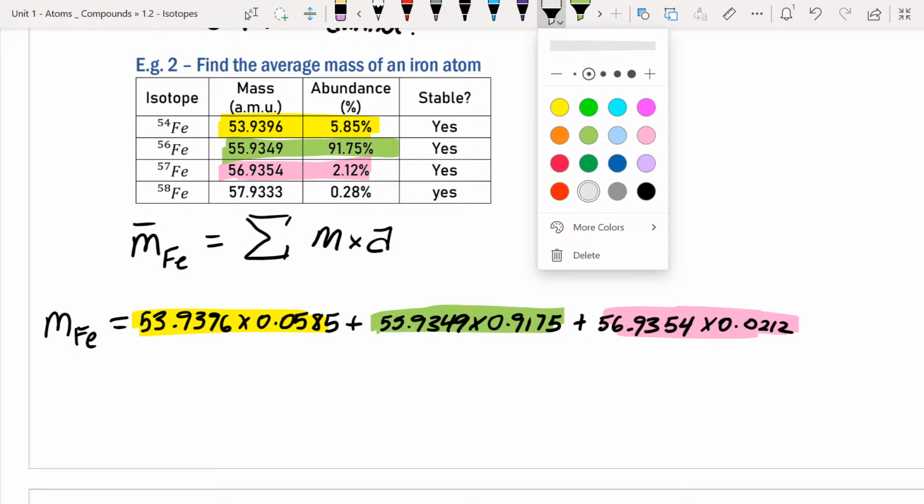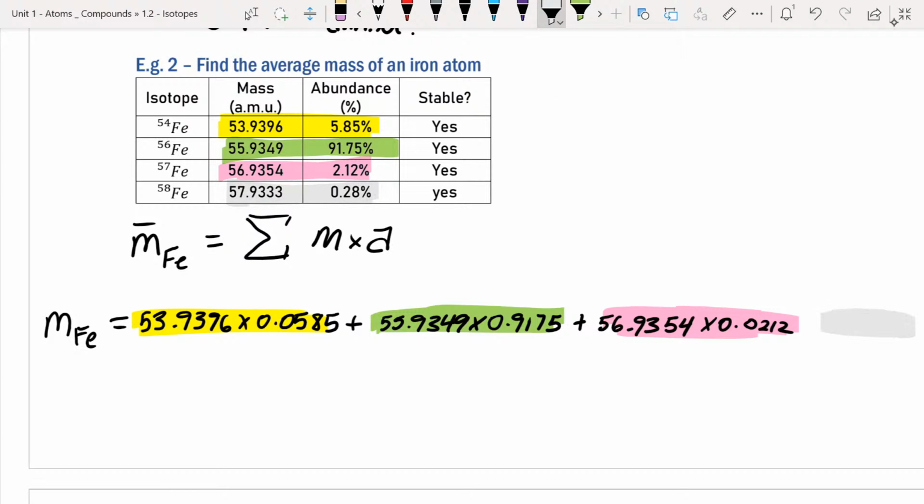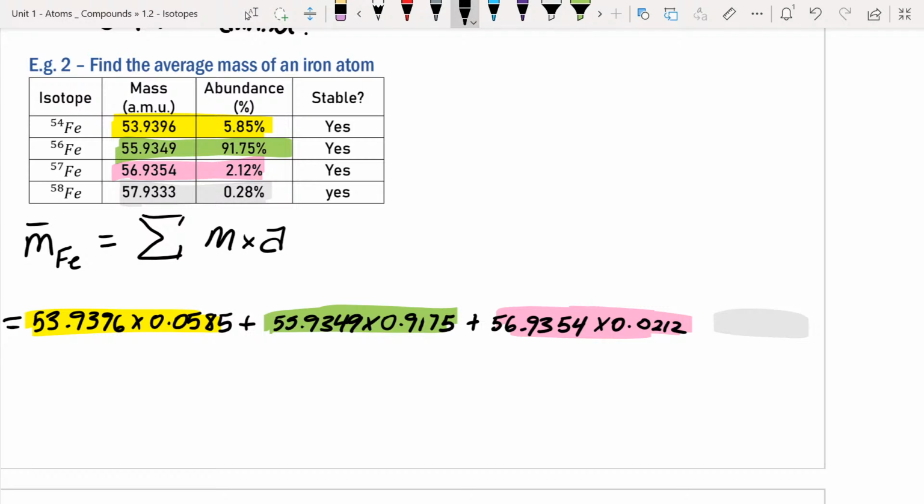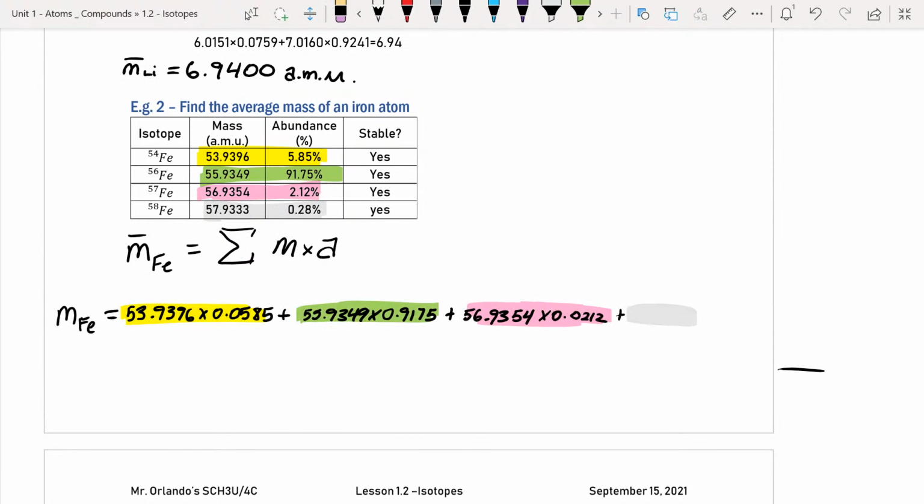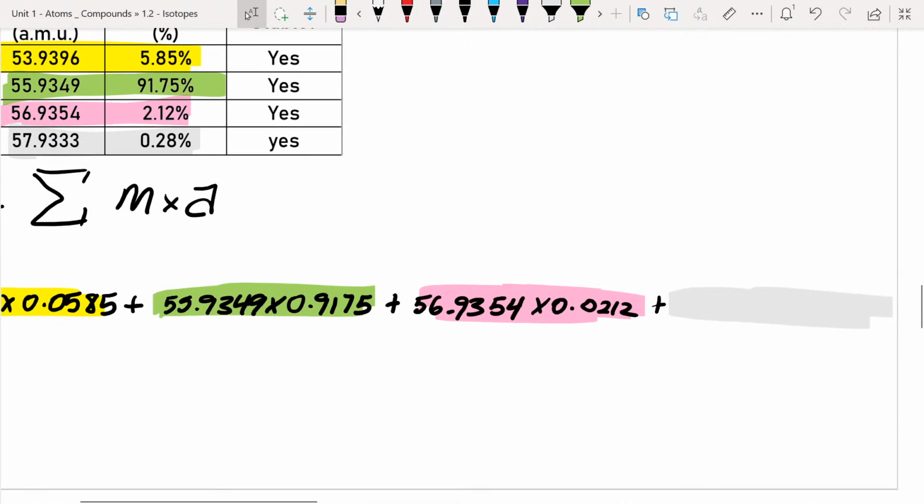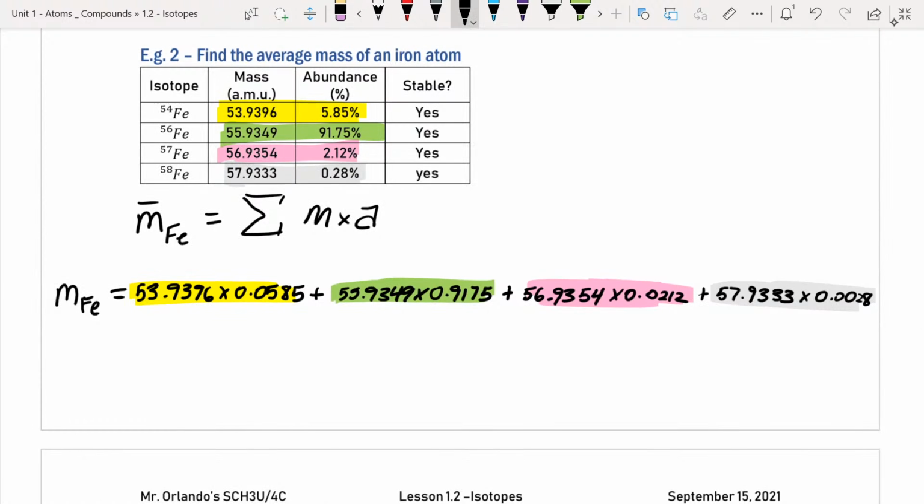Good. And then what's our last one? What should I do between them, of course? Add. If you're running out of space, just shrink it. You bet. Look at that, I've got tons of space. Don't tell me I'm running out. All right, what's that last one supposed to be? 57.9333 times, and we've got to be careful with this one. How many zeros do we have to have for a zero-digit number? Yeah, so 0.0028. And if we plug that into our calculator all at once,